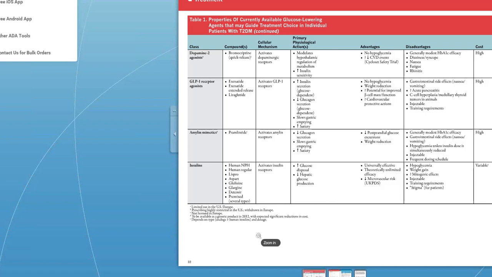It works really well for controlling blood sugar, but you have risk for yeast infection because you've got all that sugar down there, right? And then also dehydration, because where the glucose goes, it pulls the water. So it kind of sucks the water out with it. So those are kind of the risks there.